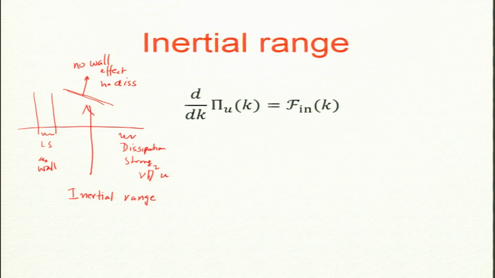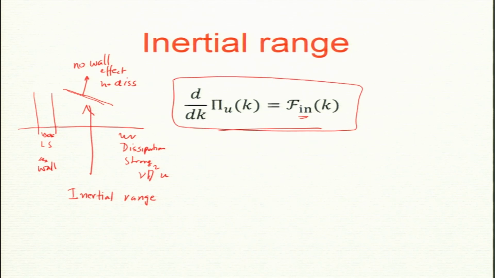So, we are focusing on the middle region, and in the middle region I will get this because dissipation is weak. So, I drop the dU term and instead of F_u I write F_in. So, there could be some force here at large scale. I will call it inertial, In for inertia. So, force in the inertial range. In fact, I just drop the dU term and look at the local force. So, this is our important equation to look at the property of flux in the inertial range.